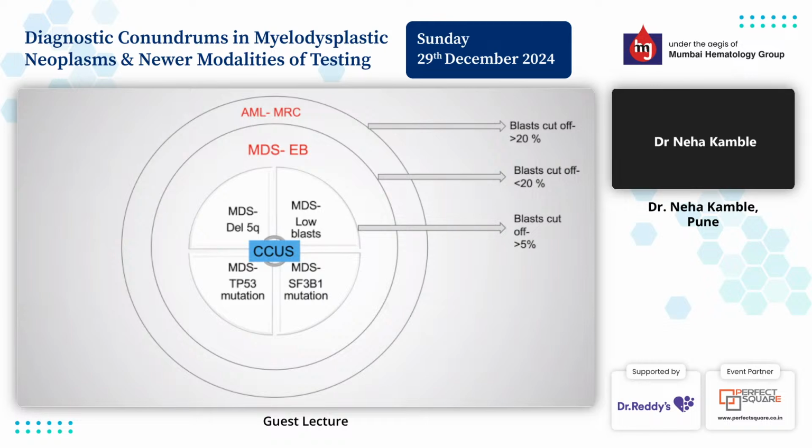But now, when CCUS develops and goes ahead, these four categories, that is MDS with deletion 5q, MDS low blast, MDS SF3B1 with low blast, and MDS biallelic TP53 with low blast. So the blast cutoff is less than 5. These four categories, the ones that fall in the inner circle, have less than 5% blast. So whenever you have less than 5% blast, you may predict that the MDS can be classified into one of